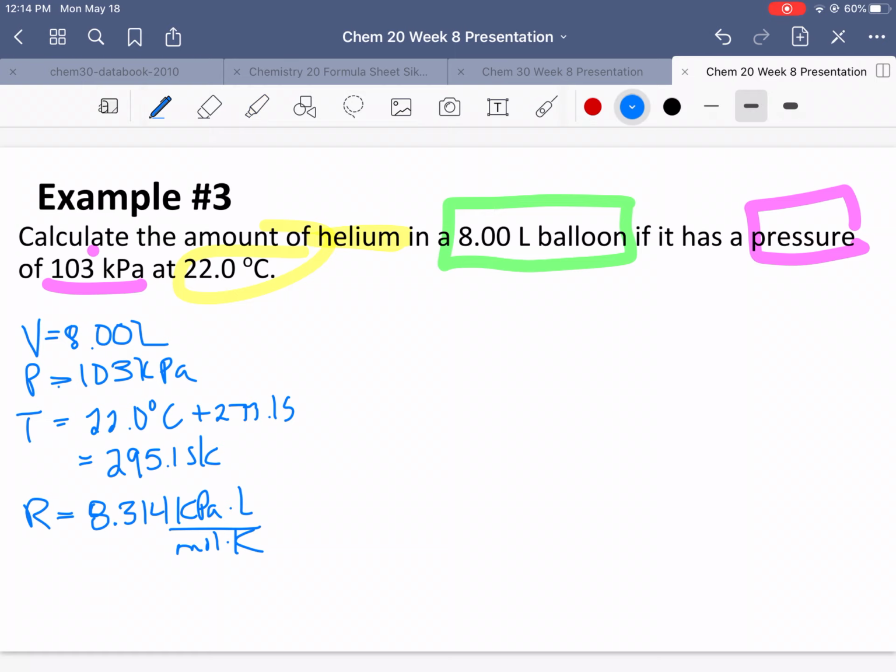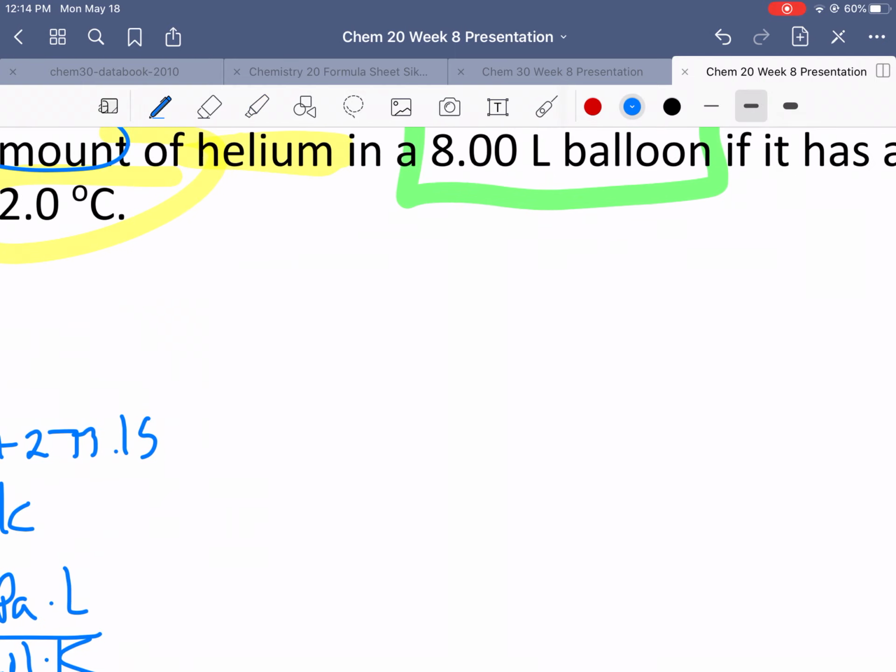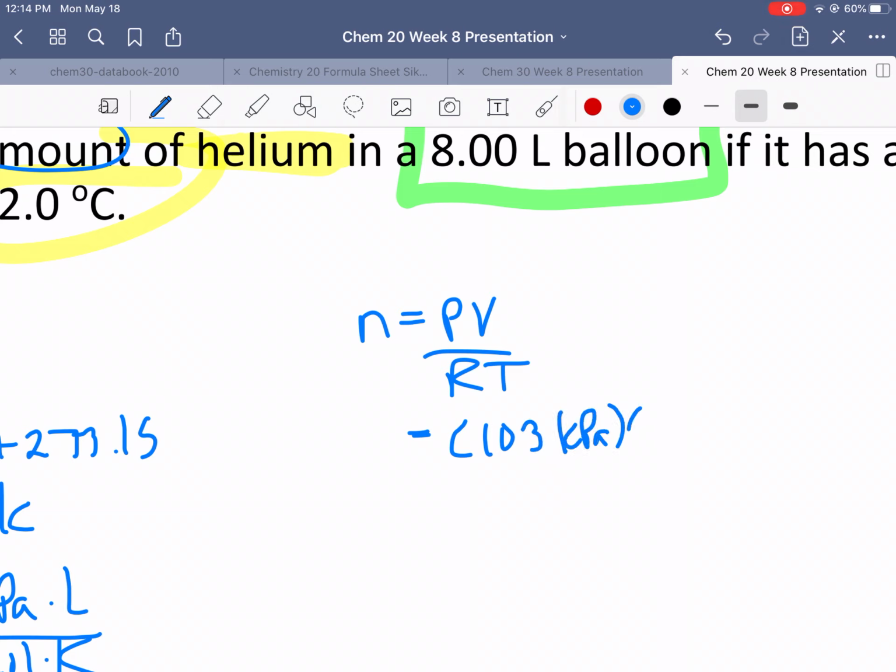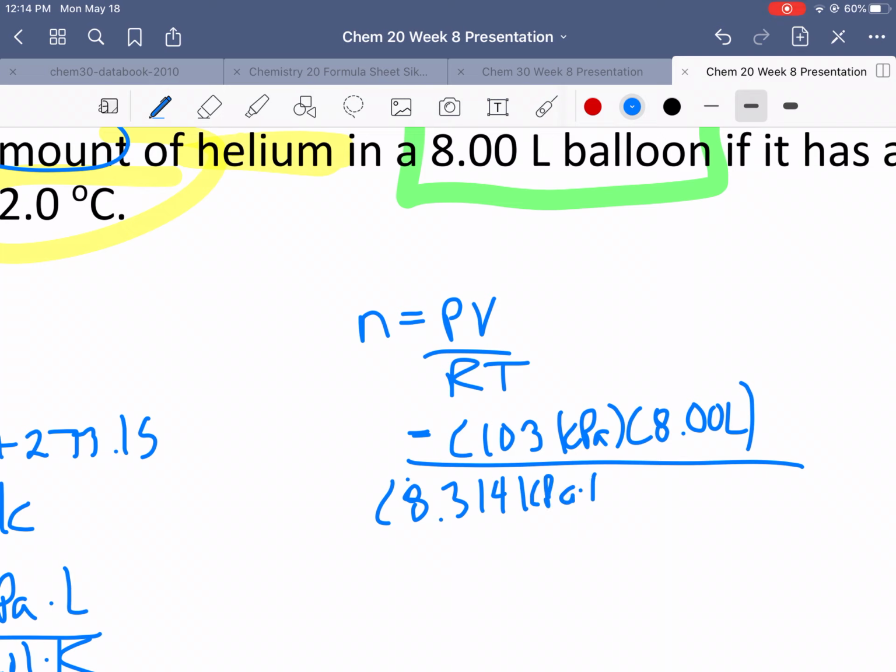Alrighty, let's build this thing. We are looking for the amount, in other words, n. So I've rearranged PV equals nRT. We get n equal to PV over RT. Plug in what you know. With units, 103 kilopascals times 8.00 liters, all of that divided by 8.314 kilopascal times liter over mole times Kelvin, multiplied by the temperature,